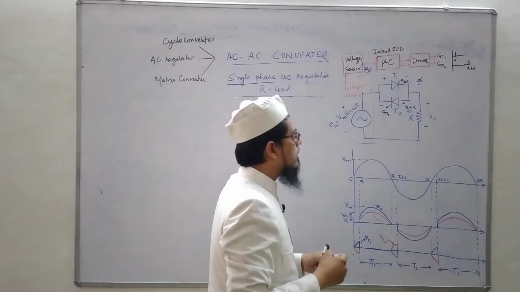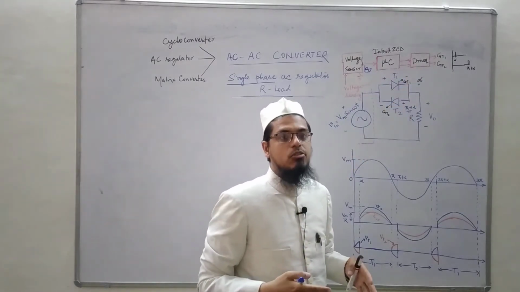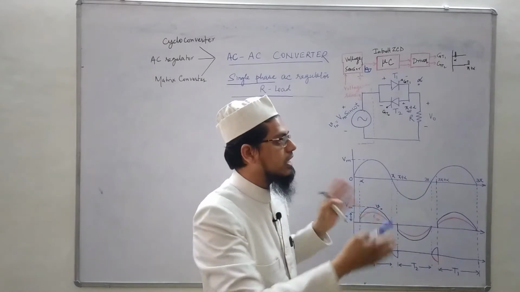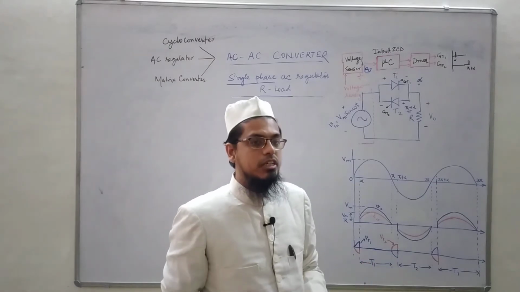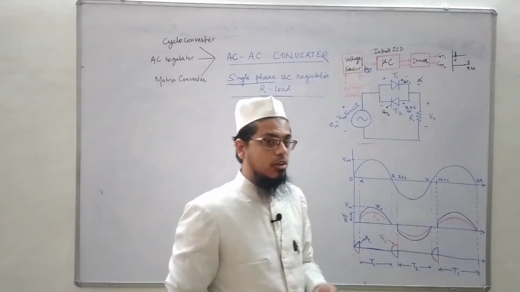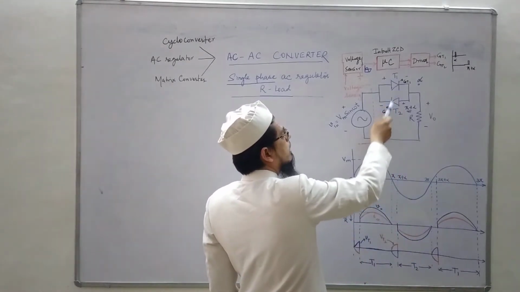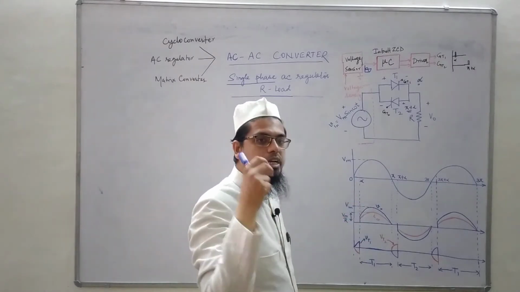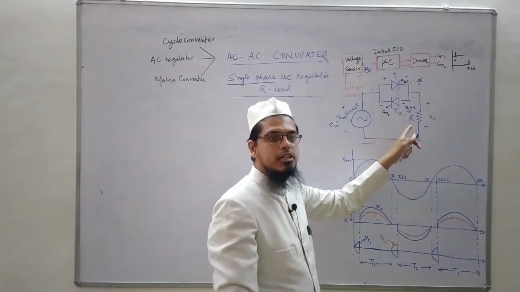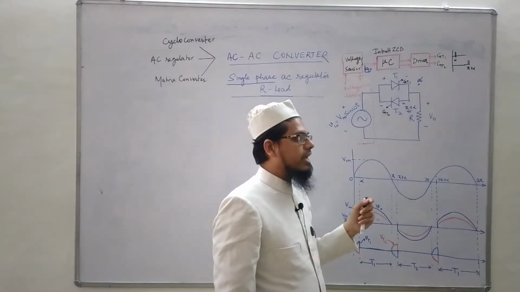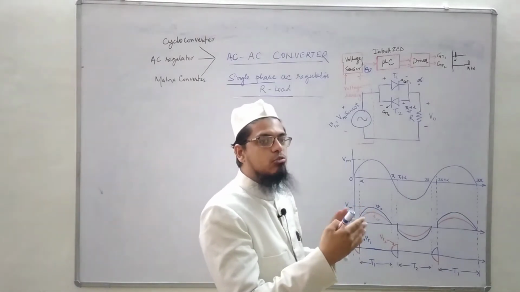In the microcontroller there is an inbuilt ZCD, or if an inbuilt ZCD is not there in the microcontroller as a peripheral, then we have to add a separate analog circuit which does the function of zero crossing detection. ZCD is basically zero crossing detection. Why do we need it? Because we are interested in firing these two SCRs at particular angles, alpha and pi plus alpha, and in subsequent cycles also we want the firing angle to remain the same and not change.